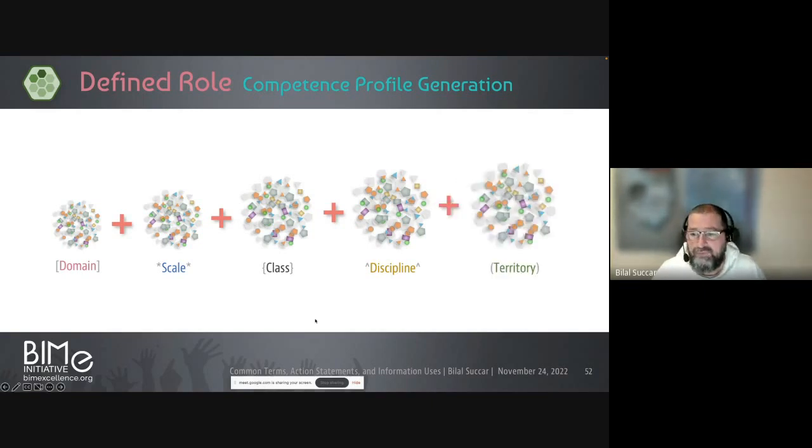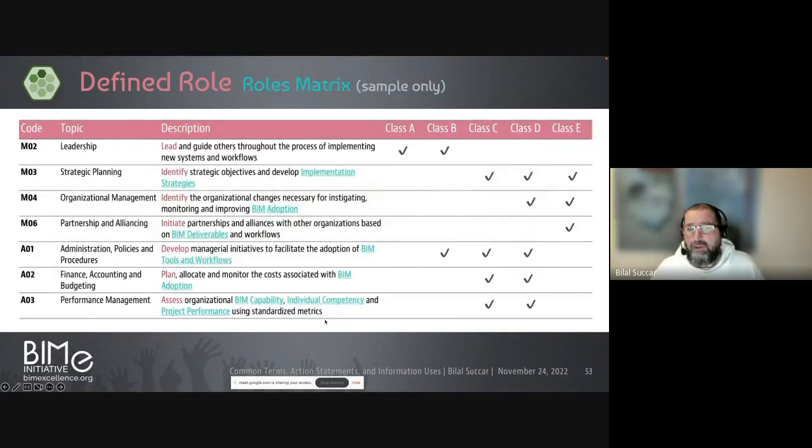And if they are focused on a specific territory, meaning you need to be specialized in that territory, like I mentioned, the BIM manager for structures in the UK, they have to know the legal issues related to information management within that territory. By using this formula, we can isolate the statements needed to define the role,